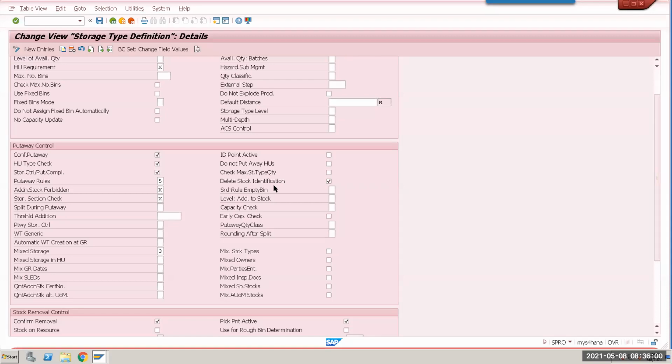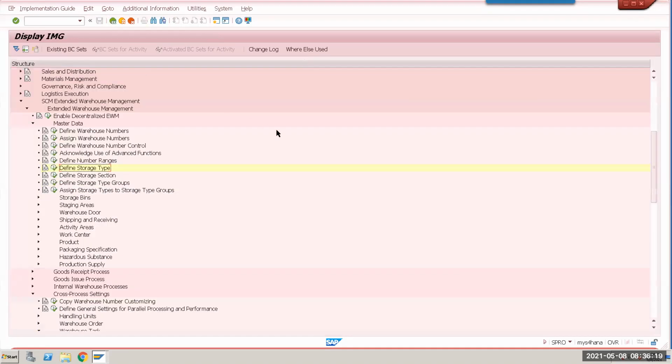No, but that entry is also required, sir. Which ID point? That entry is also required. But if I activate right now, what will happen? It will go to ID point and then elevator 2, elevator 3. So I don't activate it, but I just want to give you the knowledge. Yeah, got it. I want to make sure of that.